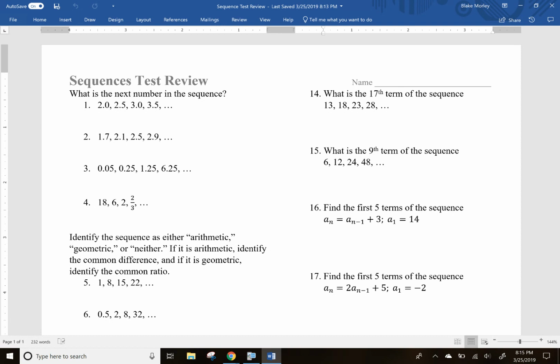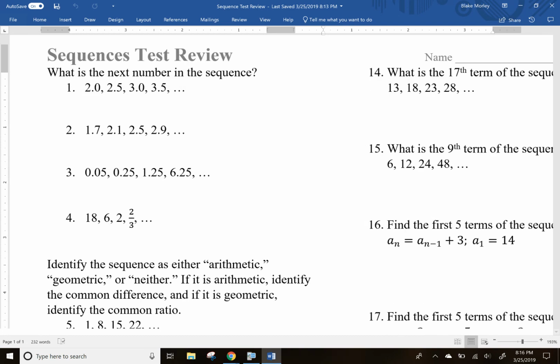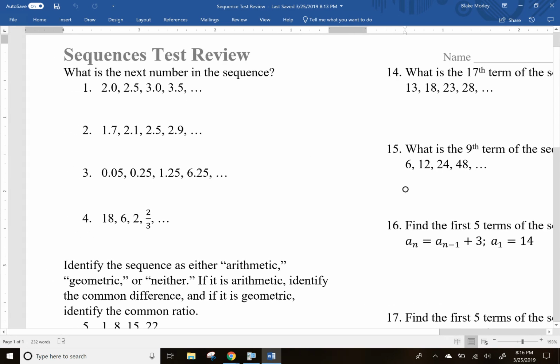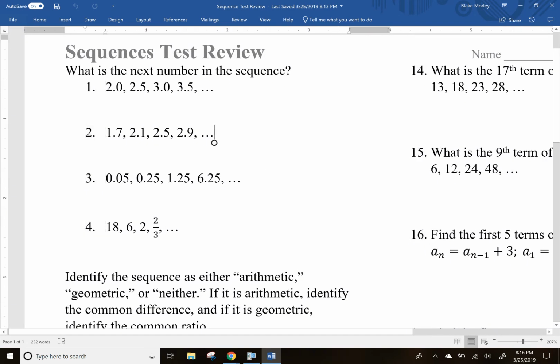And that type of sequence is a pattern of numbers in which you're adding, or it could be subtracting, a common value every single time. The other type of sequence is geometric. Geometric is a sequence where you're multiplying by a number throughout the sequence. So let's look at our first few examples, and the question's just asking what is the next number in the